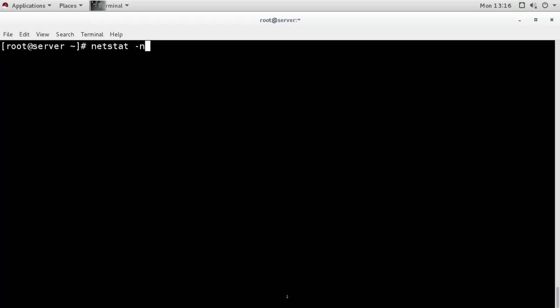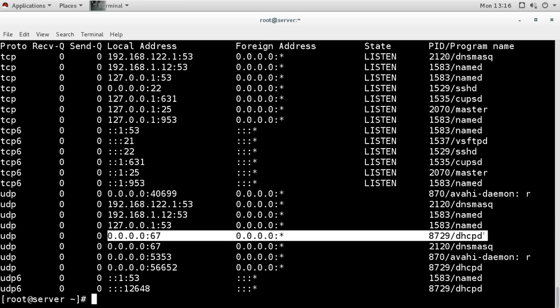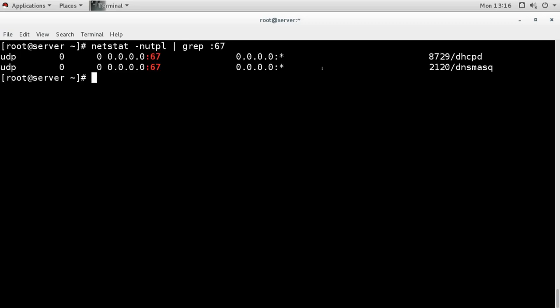So now what I will do, you check UDP, and UDP port number 67, it is here. We can see the 67 port number, and it is listening, and this is DHCP. We can even grep the port to verify. There is port number 67, and we can see it is there, and it is listening for all IPs. So it is listening from anyone who wants to get the IP address.